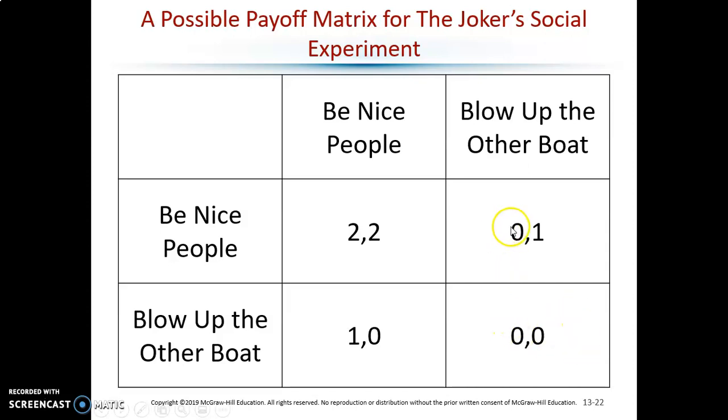so you get a 0. Row player here was nice, column player blew them up, so they got blown up, so they got 0. Getting to live is worth something, but you got to live because you blew people up and gave them a 0, so you got a guilty conscience. So that's not as good as being nice and getting to live. That's the best of both worlds. So perhaps everybody saw that they're guaranteed a 0 if they blow up the other boat. I'm sorry, they're going to get a 0 if they're blown up either way, but the biggest reward is to